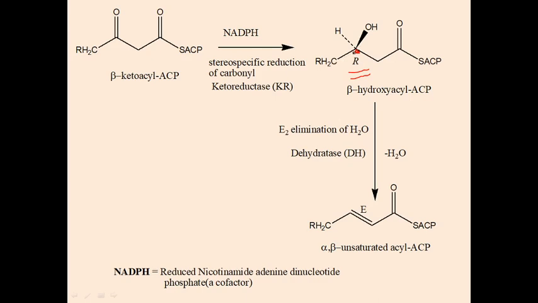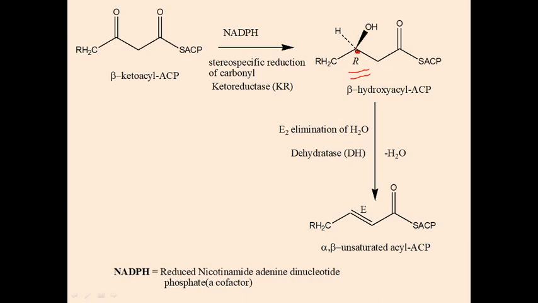Which atom is bonded to this carbon? One is hydrogen, another is oxygen, and here one carbon is bonded, and another carbon is bonded. After finding the bonded atoms, we must prioritize these bonding atoms: to whom to give the first priority, whom to give second, third, and fourth priority.